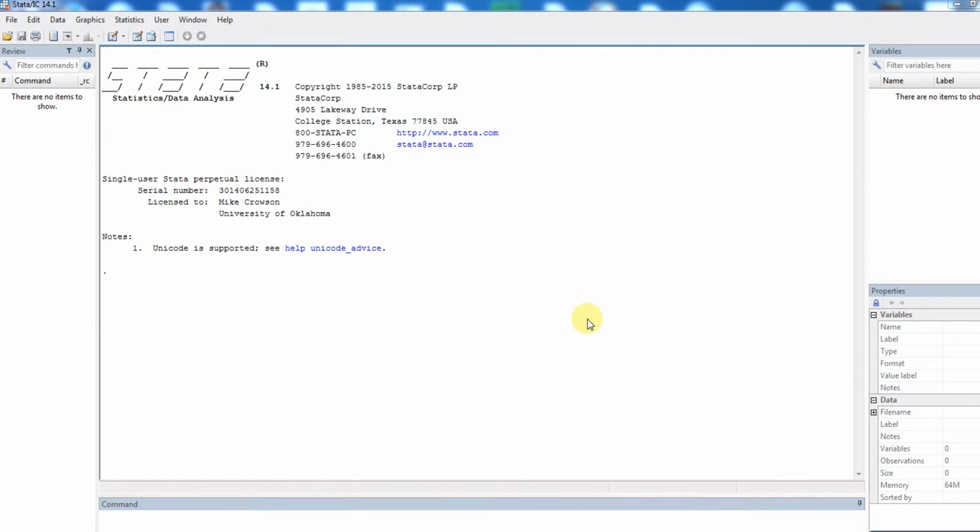Okay, in this video I'm going to demonstrate how you can use the Stata graphical user interface in order to specify and test a path analytic model. So basically I'm going to demonstrate various features associated with the program and run a basic model and illustrate where you can find some of the outputs associated with global model fit as well as model fit